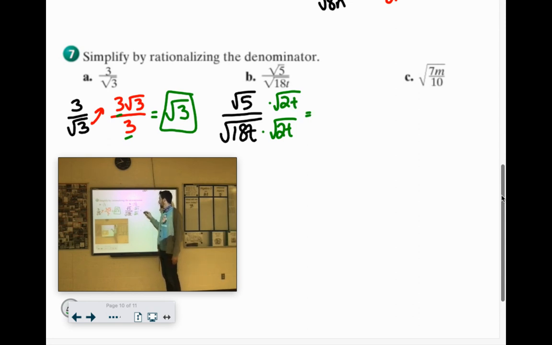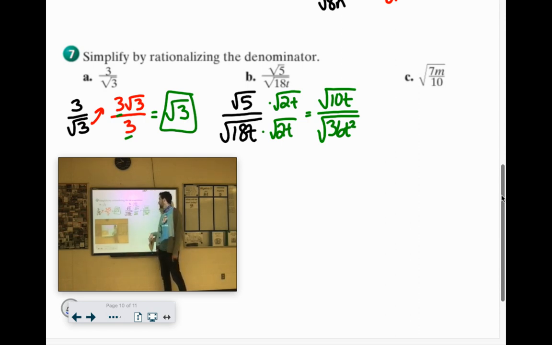So if we do that, the numerator becomes root 10t. The denominator becomes root 36t squared. The square root of 36 is 6, the square root of t squared is t. So our final answer here,